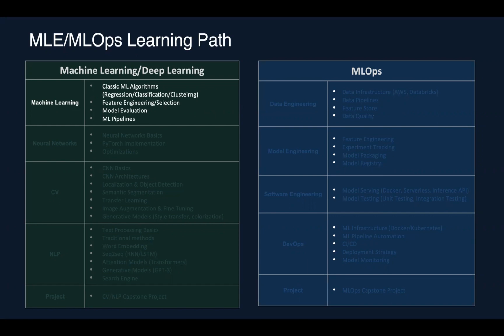So first of all, we need to make sure that we know machine learning and deep learning, of course, right? A lot of the exciting development areas of machine learning are actually in natural language processing or computer vision. So I think working as an ML engineer, you will definitely need to understand the end-to-end process of machine learning, and understanding different algorithms will be important as well, because some ML engineers actually focus on deep learning, right? And of course, after you've learned machine learning and deep learning, we'll move on to MLOps.